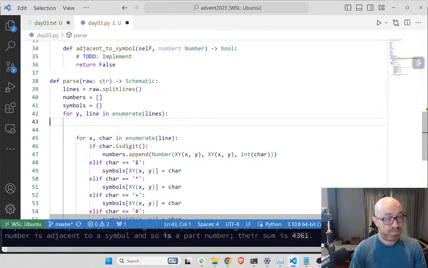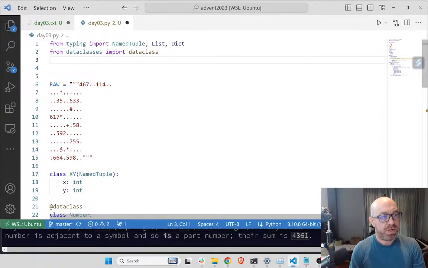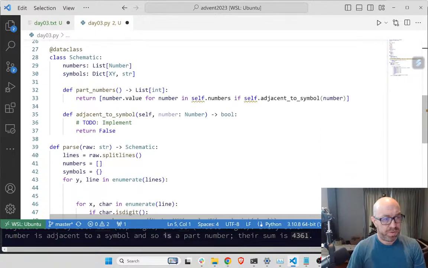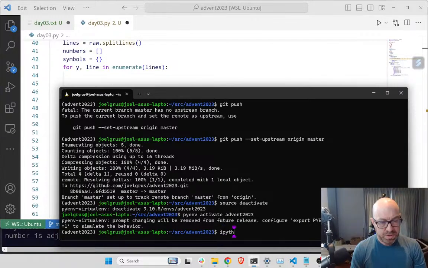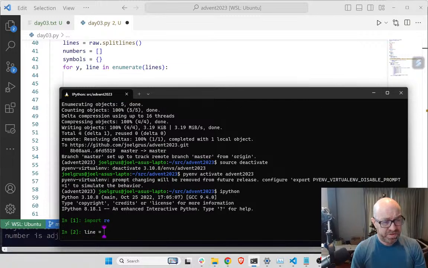I want to use a regex to find the numbers, so import re. And what do I want to do? I'll have to play with this for a second, in IPython: import re, line equals